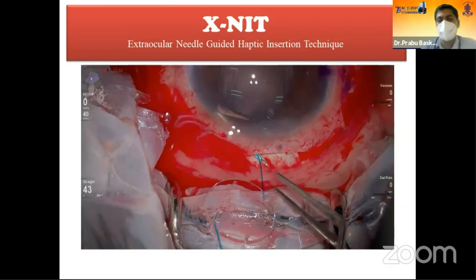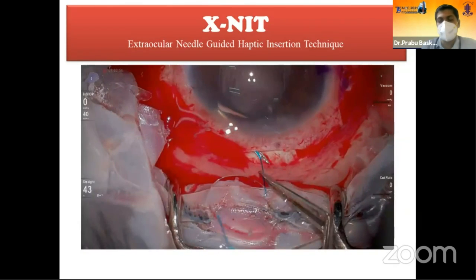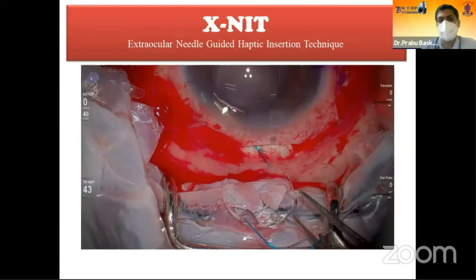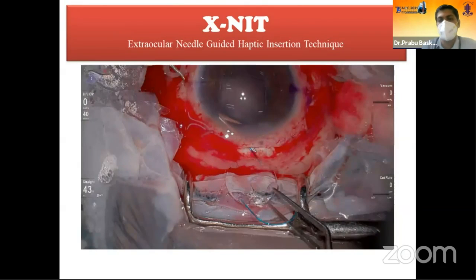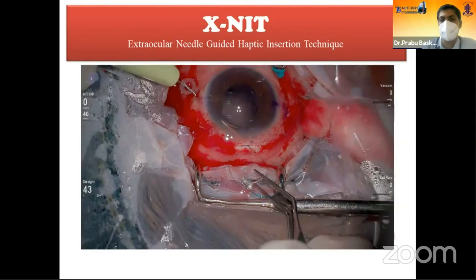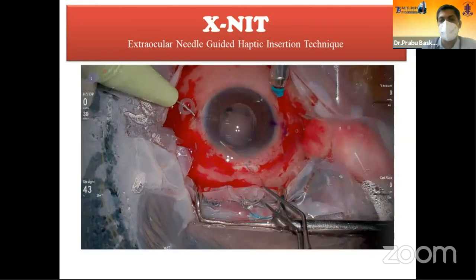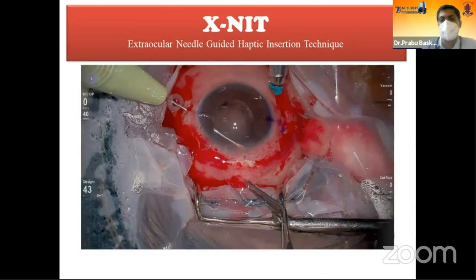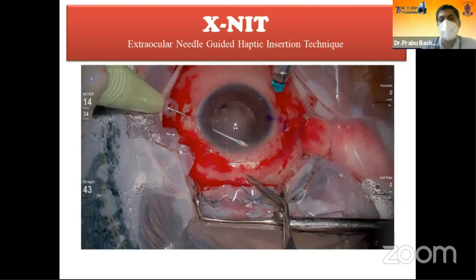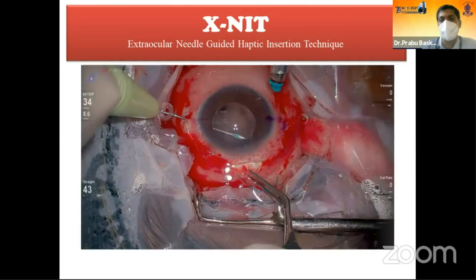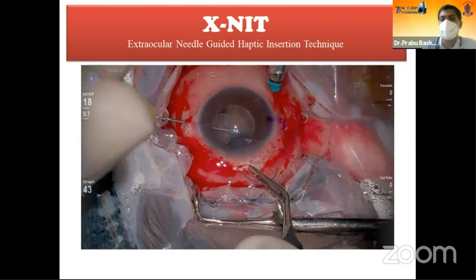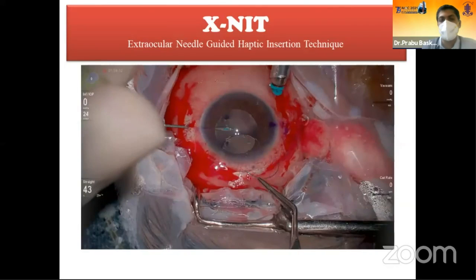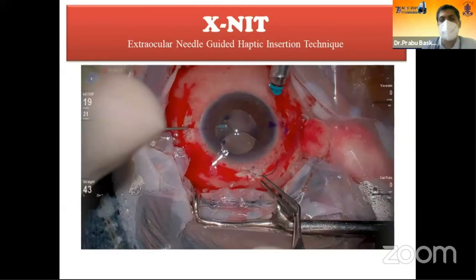Once the docking is done, gently retract the needle. At the same time, push the IOL inside. It should go as a single unit. Don't retract separately. Don't push separately. Do that gracefully together. So you're retracting the needle at the same time you're pushing the IOL. And you can see we're not going to do any intraocular maneuver here. We do something outside, and we do something again outside at a different location. Now this needle-haptic complex has gone inside.